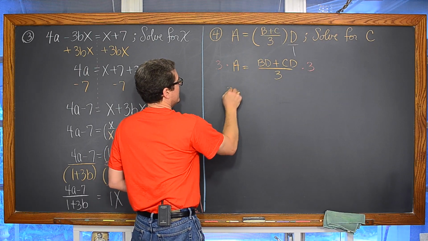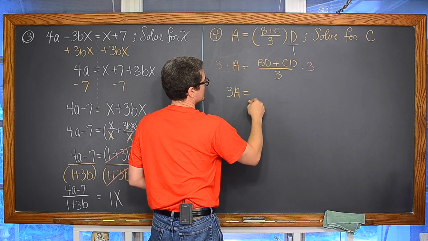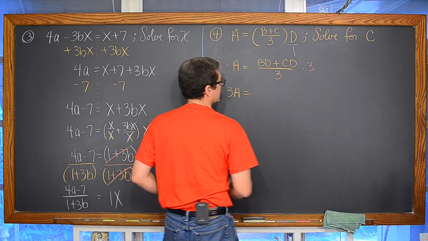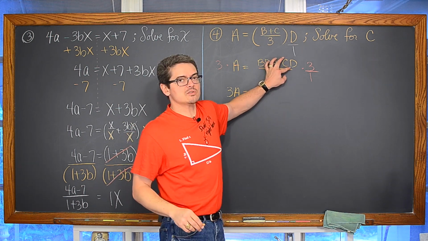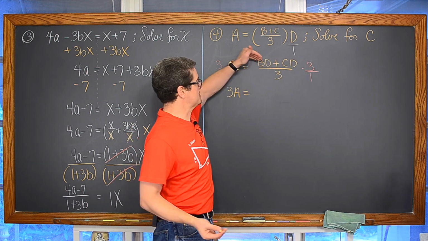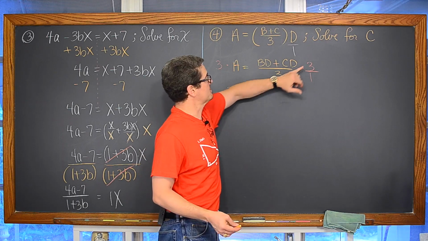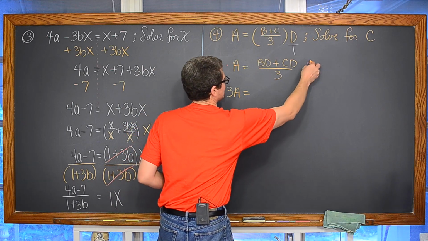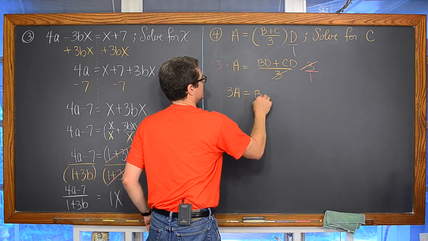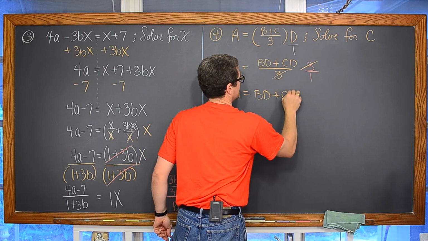And we get 3a. I was going to just set this problem up, but I think maybe we'll just take a nice long look at it, and we'll do this last example twice. When you're working with fractions, you really should make everything look like fractions so you can see how those numerators and denominators line up. So those 3's are going to cancel. That is my doggy. And the 3's cancel, and we get BD plus CD.